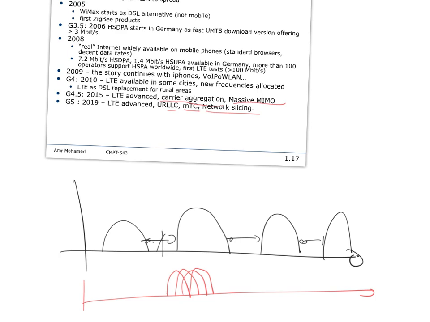So each of these deserves really a special talk on its own. URLLC talks about ultra-reliable, low-latency communication. This is again a special type of service provided by 5G. Machine type communication was designed for sensor communication in particular, if you have a massive number of sensors deployed in the environment. So each of these deserves a separate talk. But anyway, these are all services that came with 5G.